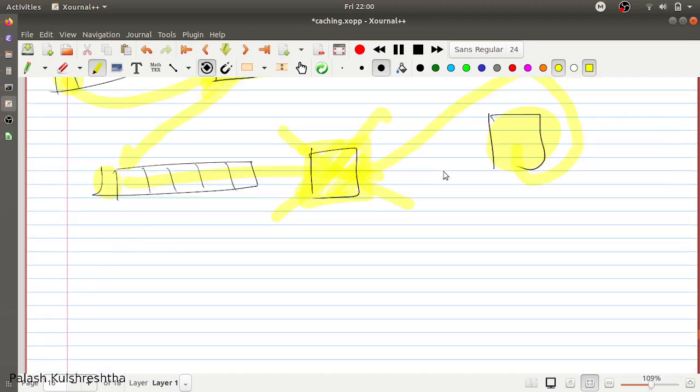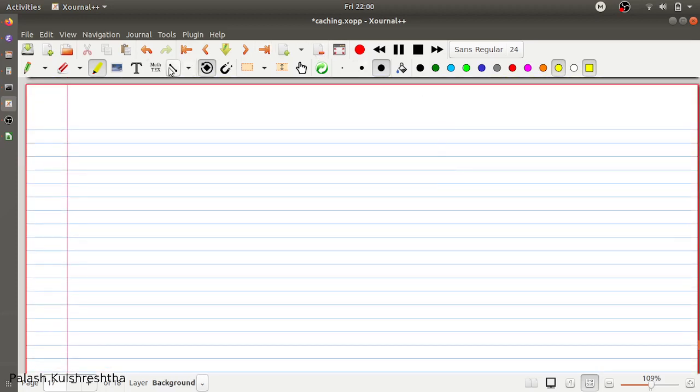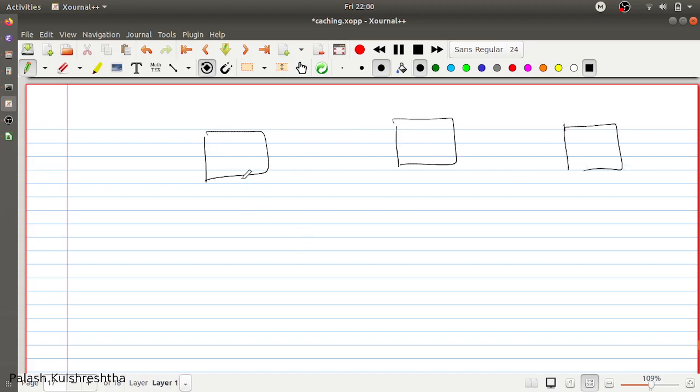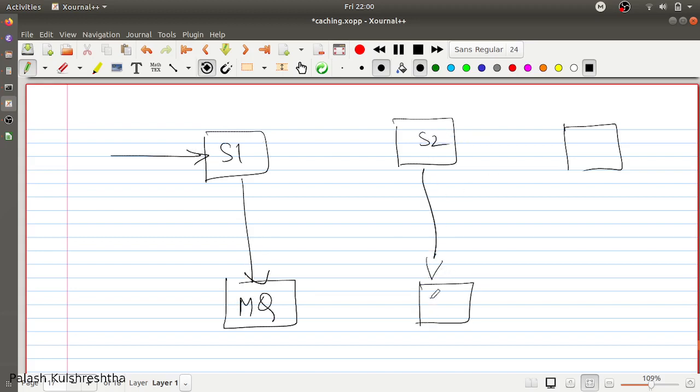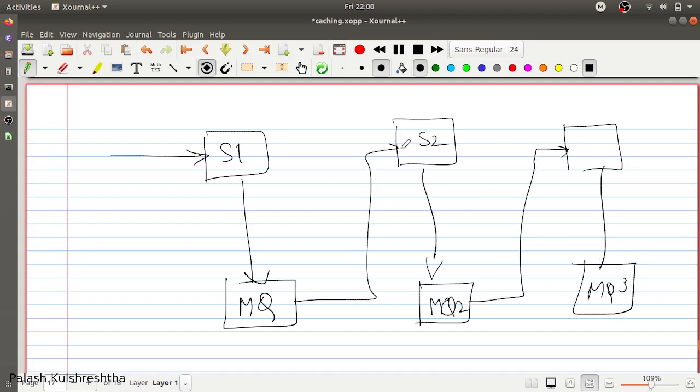Let's see what the different downsides of this pattern are. Everything has a downside. So for example, during processing, this is the flow: message queue, service 1, service 2, MQ2, MQ3.